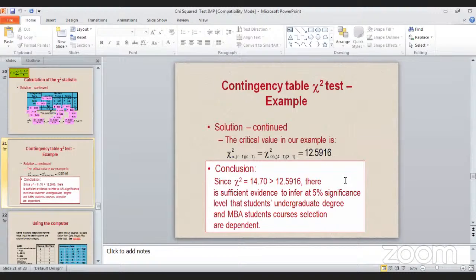So we have started with the selection or choosing of the appropriate